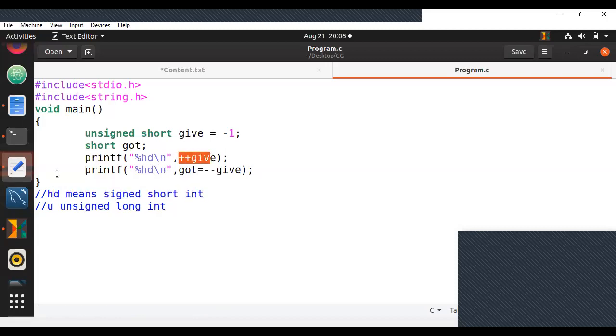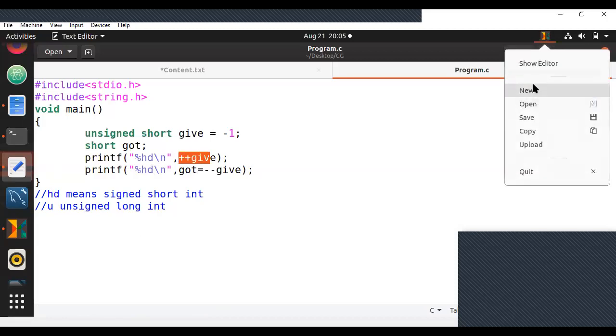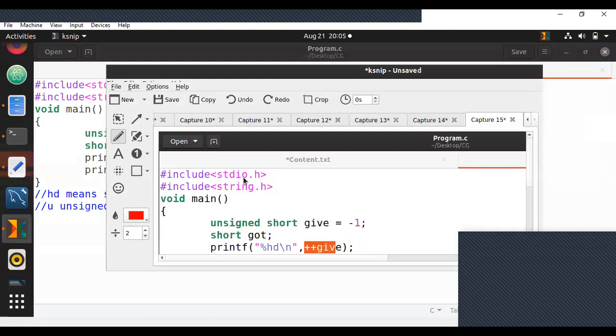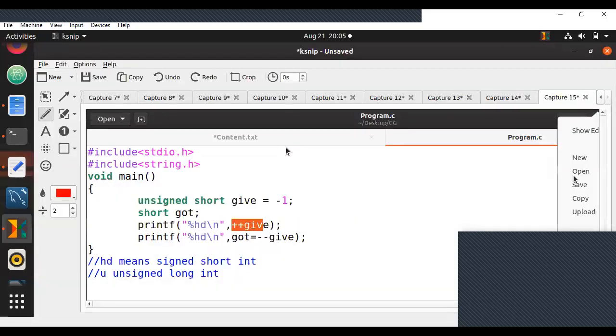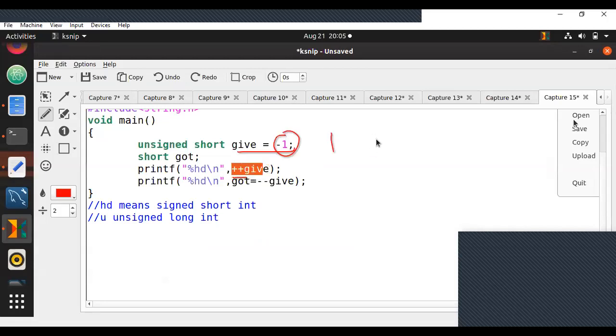So first time when you're executing this, let me explain this. First time when I execute this, first printf is very easy. ++give. Give value is -1. You're incrementing ++ of -1. It will become 0. So eventually you're printing 0 as hd, 0 as a short int.